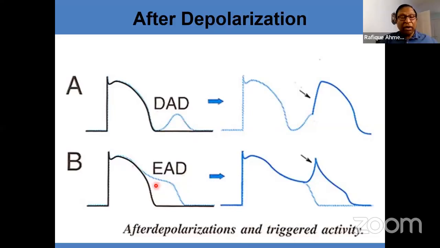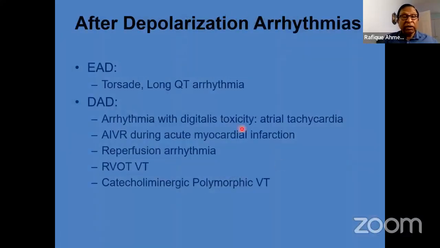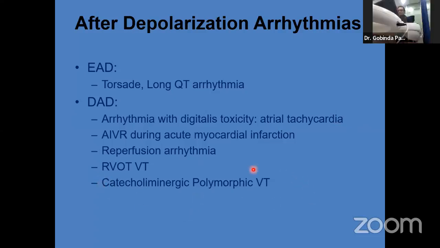And then we have early afterdepolarization, which is normally related to long QT. This can happen in long QT syndrome, or if we give antiarrhythmic drugs, which can produce early afterdepolarization. Early afterdepolarization can occur in phase 2 or phase 3, whereas delayed occurs after repolarization. Phase 2 is calcium current dependent, phase 3 is potassium current dependent. Examples of early afterdepolarization are torsade and long QT arrhythmia. Delayed afterdepolarization examples are arrhythmia of digitalis toxicity, such as atrial tachycardia, and catecholaminergic